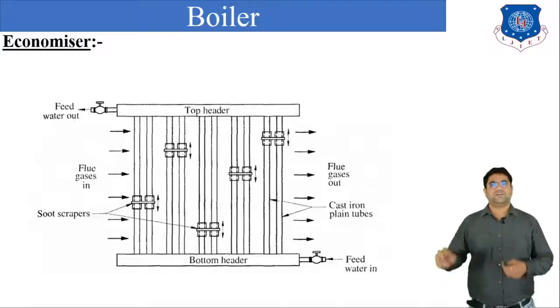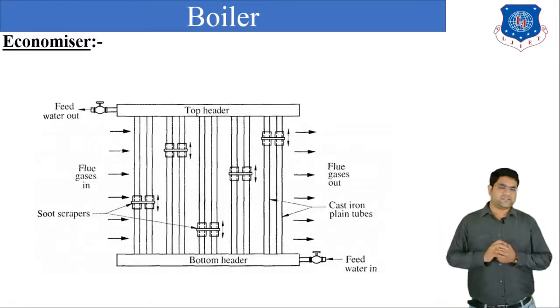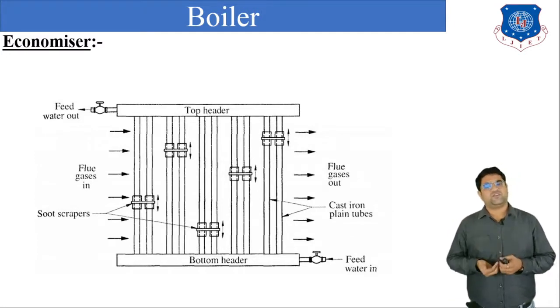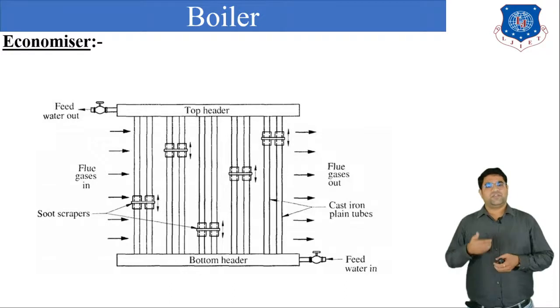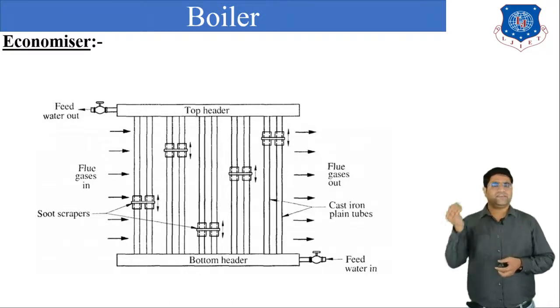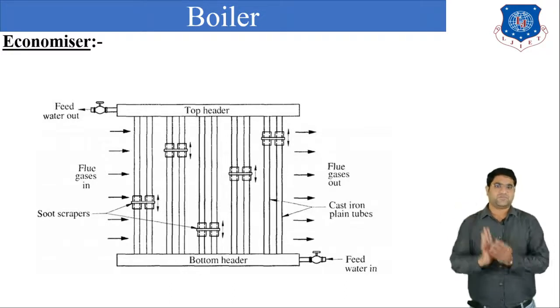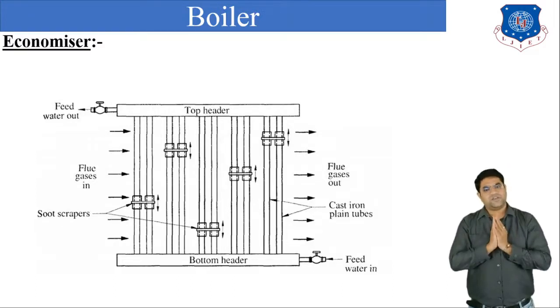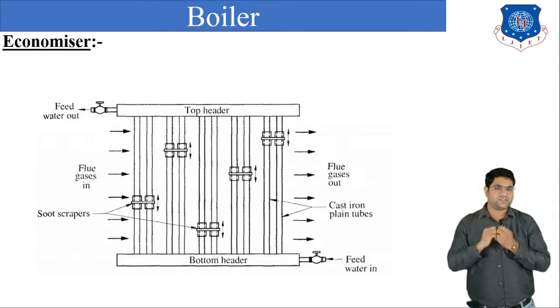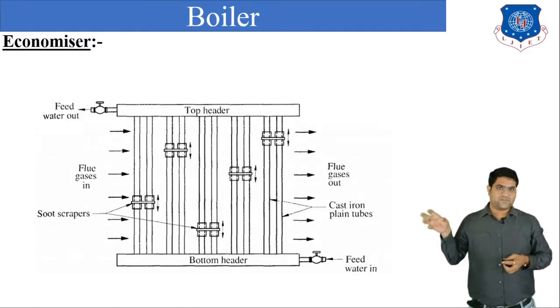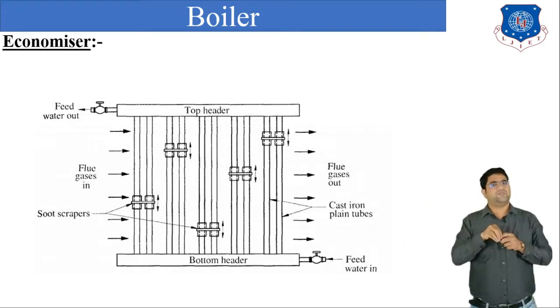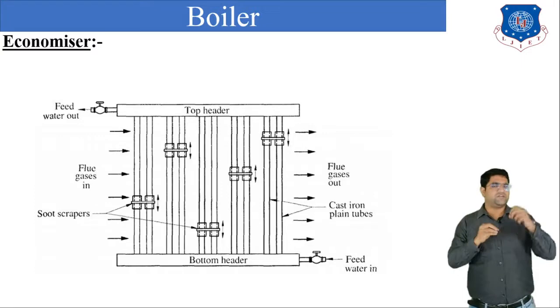So our first component is the economizer. First of all, what is the function of the economizer? The economizer is used to heat up the water before supplying it to the boiler. Let us understand it. We know that we supply the water through the feed check valve. Now during the winter season, what happens? The water comes from the lake, and from the lake we provide the water with the help of a pump and the feed check valve to the boiler.